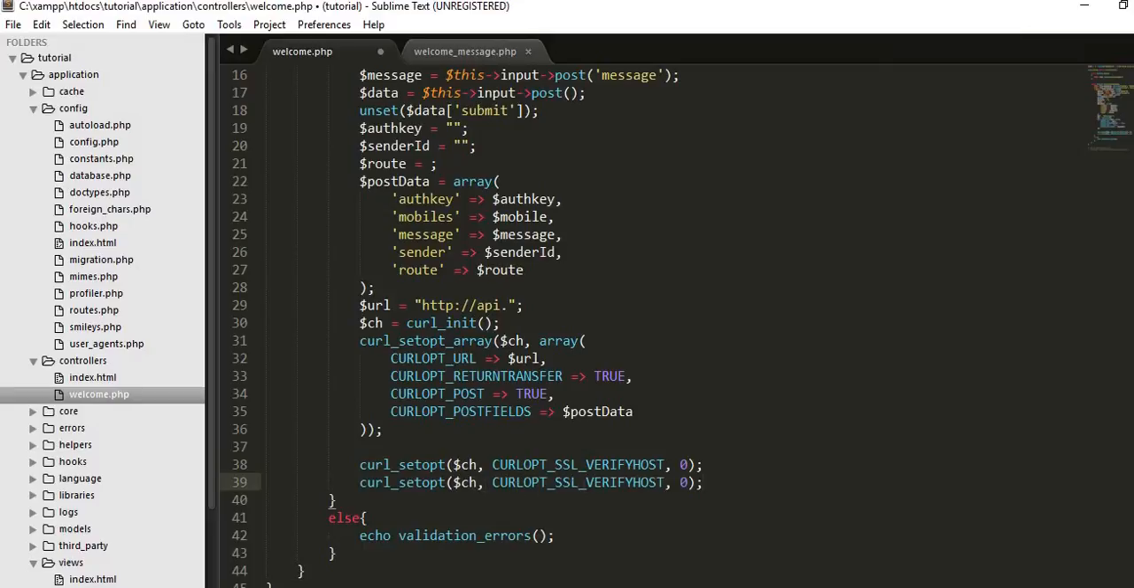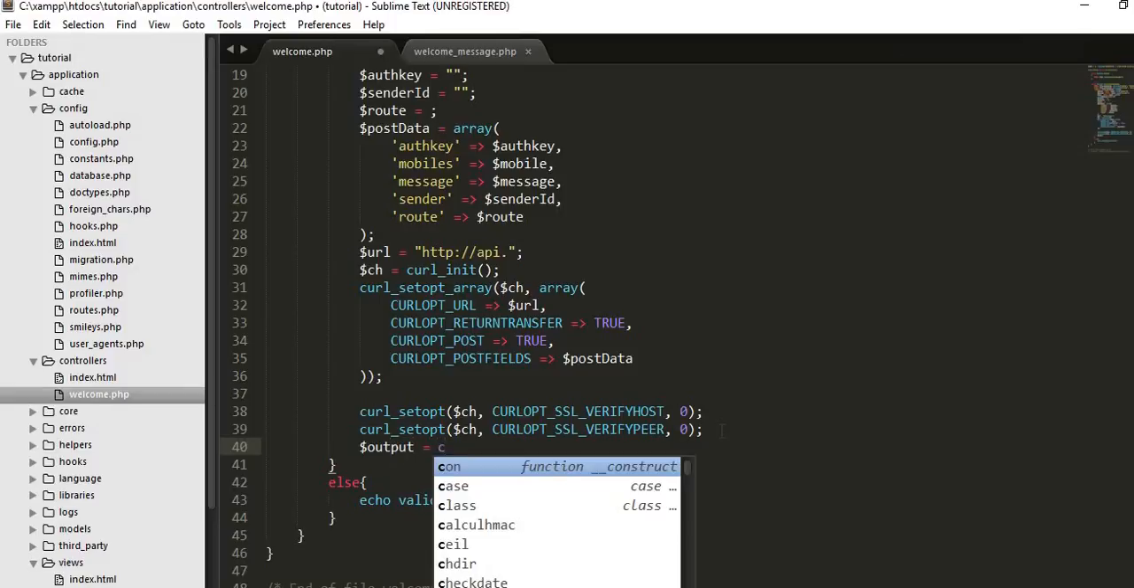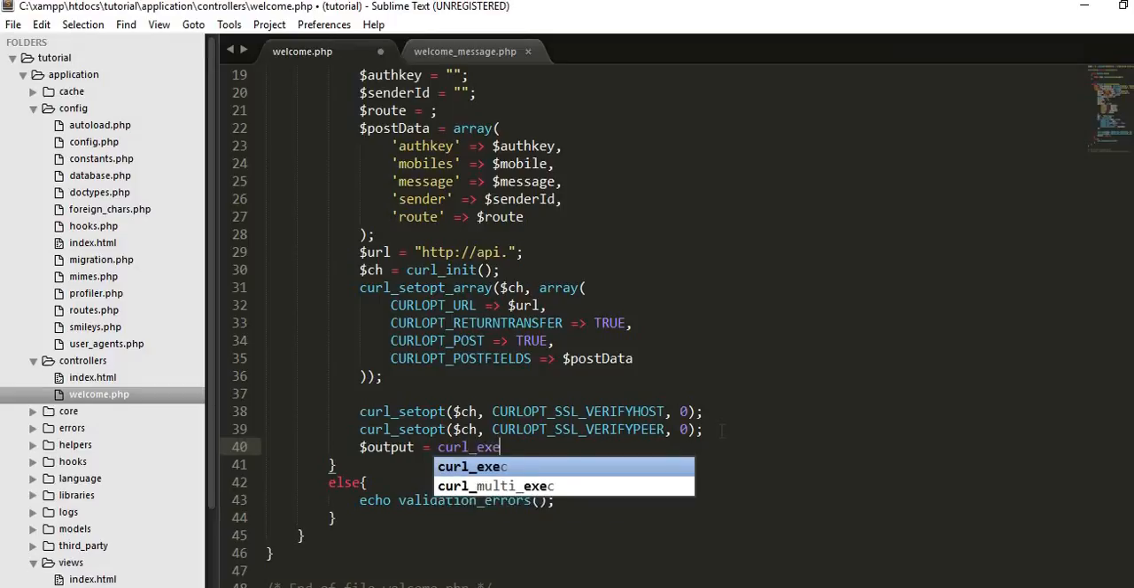$ch, CURLOPT_SSL_VERIFYPEER. Okay, verify peer, and value 0, and then at the end $output equals to curl_exec of $ch,